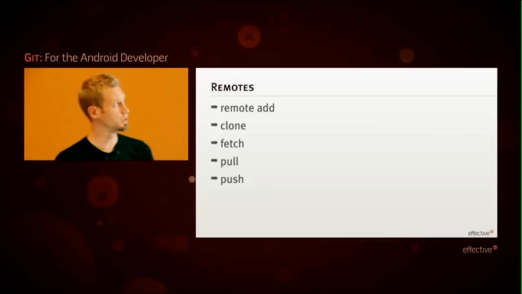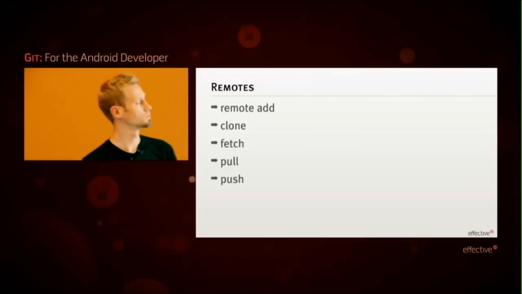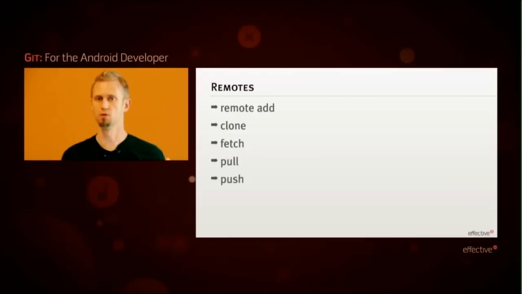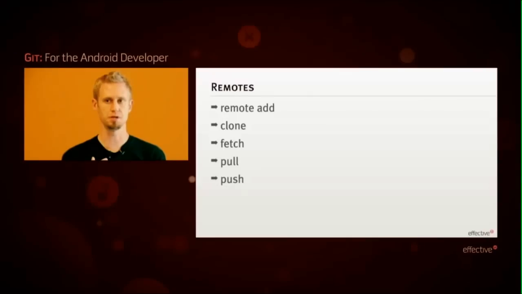Some of the things you can do with the remote: add as many remotes as you'd like. You can clone from a remote, and that will automatically set up the origin remote usually. That'll be the one that it picks up. You can fetch the remote. I say git fetch origin, for instance. That will give me all the changes that are on the remote that are not on my local machine,